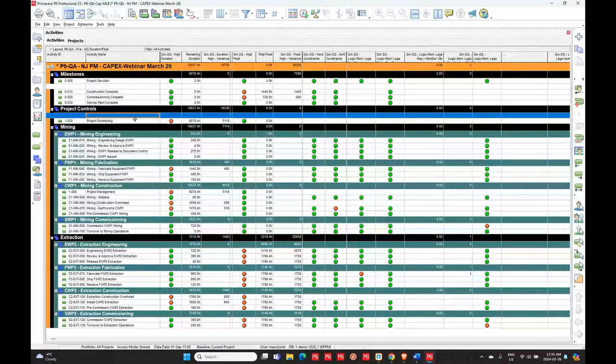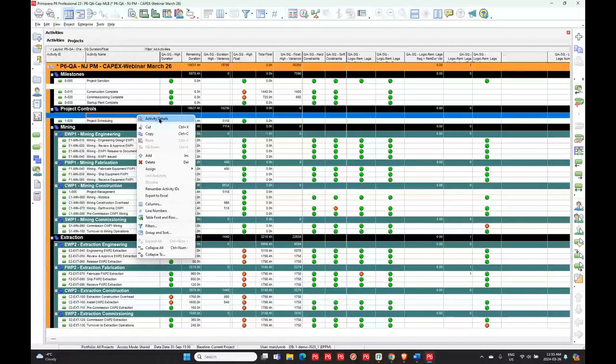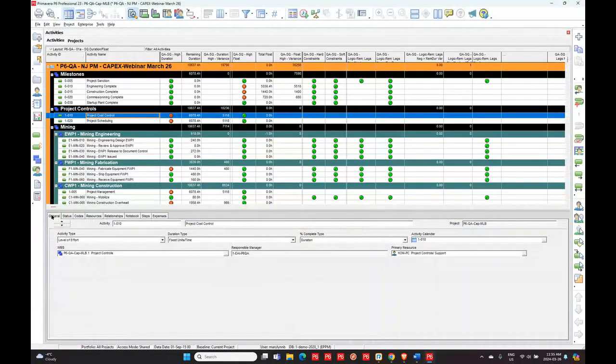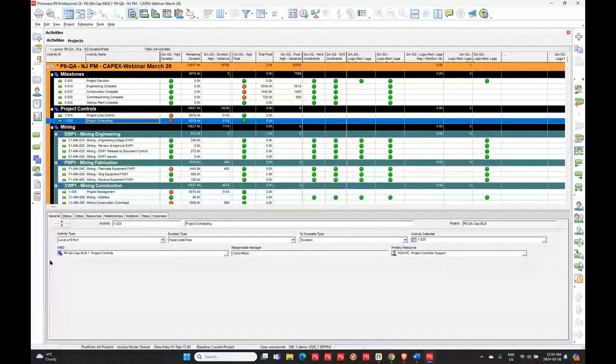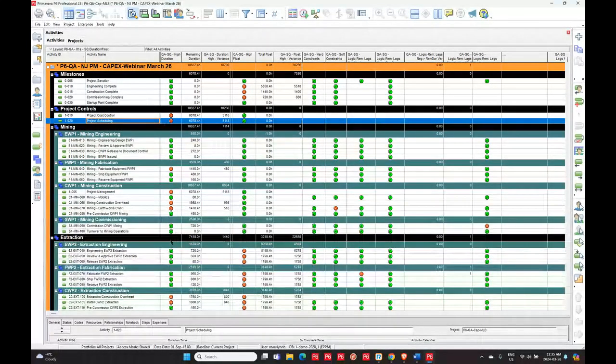Well, we need to be aware of too that there is the level of efforts. Well, the level of efforts quite often are going to be by design long activities. So if we go in here, and I'll just show you in the activity details just so you can see what this particular one is, level of effort. Now, this other one here, project schedule, level of effort. So if we go in and we look at this, and you might have 10 or 15 of them. If I look at them and I'm checking the schedule and I'm thinking, yeah, okay, that one makes sense, I'm not worried about it,